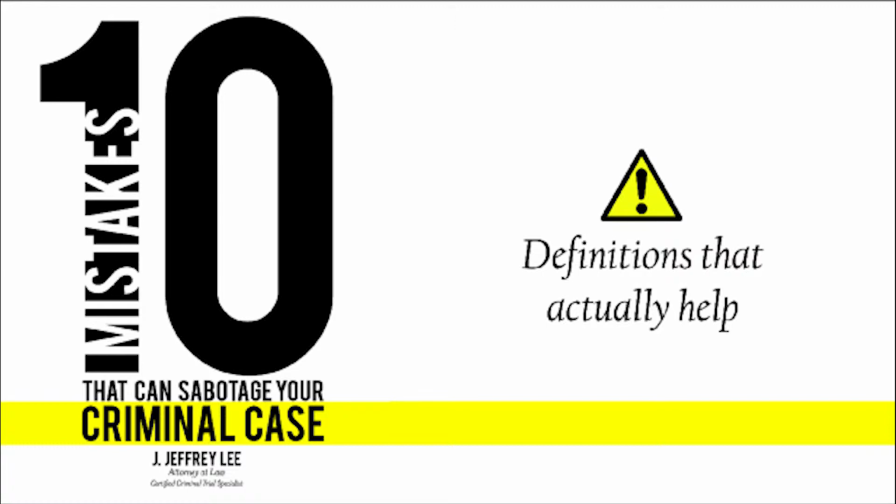Beyond a reasonable doubt. The standard of proof required for a jury to convict a criminal defendant. Bond. Property pledged to the court for the release of a defendant. Bond reduction hearing. A hearing where the defendant tries to show the judge that he or she has ties to the community, cannot make the current bail amount, and/or is likely to appear for all court dates.